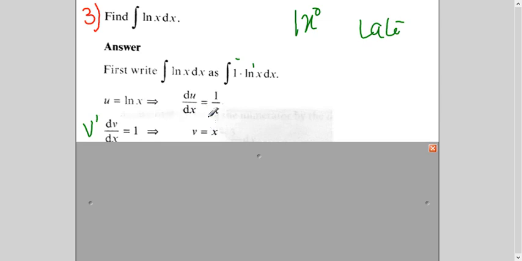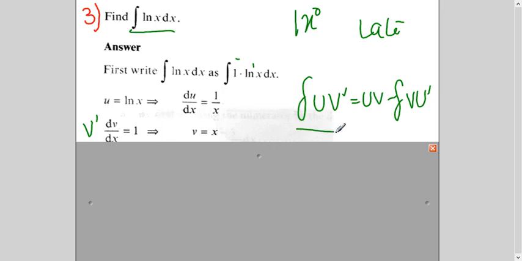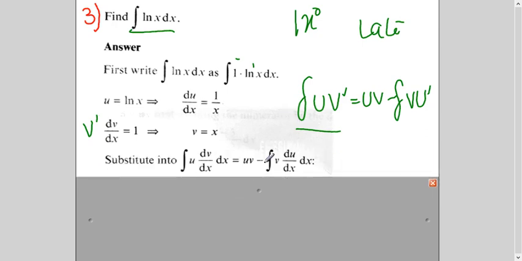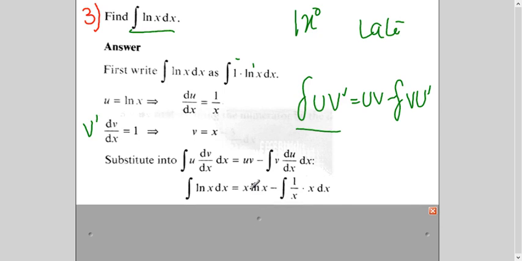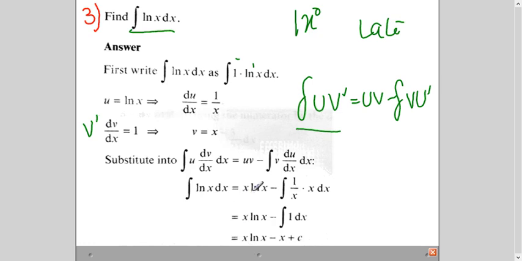So now you have 4 formulas and you will plug in this formula: uv minus v u prime. So you have this question which will come here and this you will plug in to get the answer. See here, uv minus v u prime. So we are just getting the values from here, plugging in the formula and simplifying it. As it is, x cancels with x, 1 dx, answer is x. So you got this answer also here.